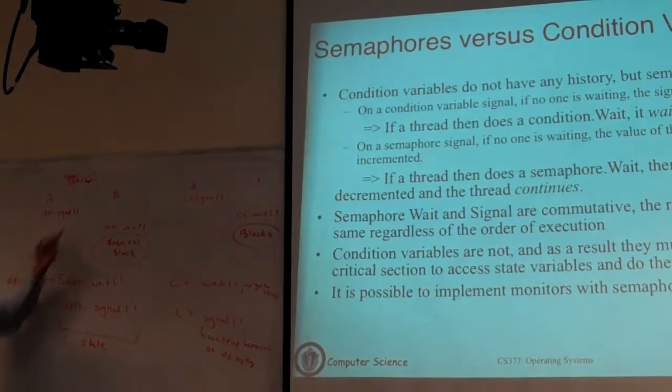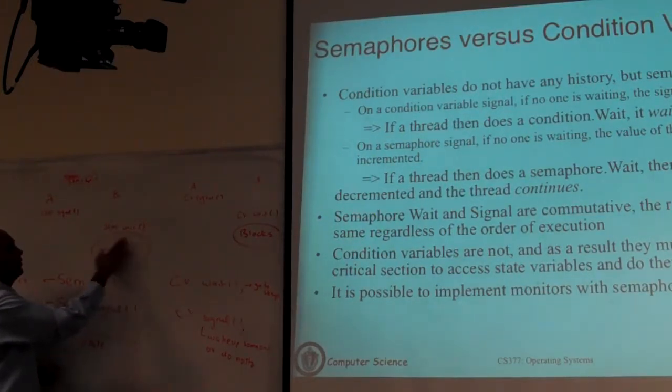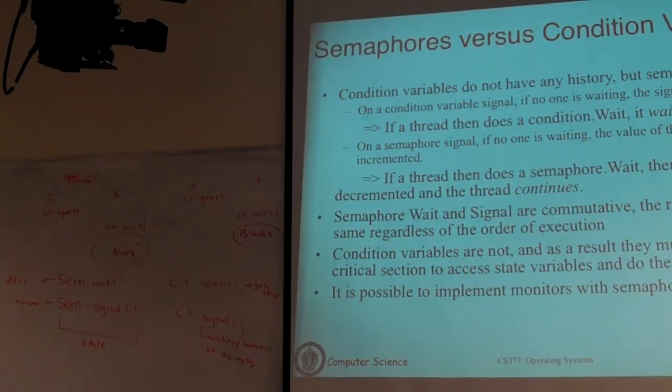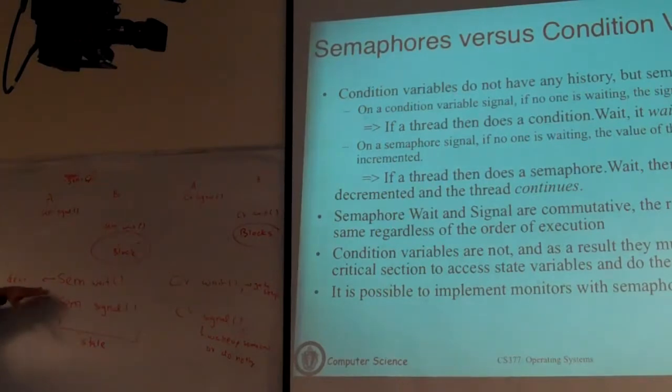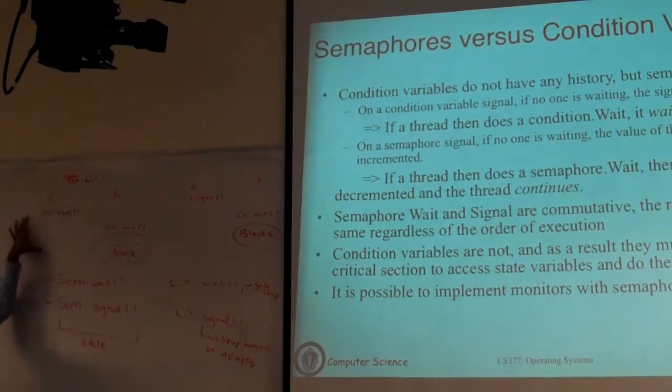You will decrement. The semaphore goes to -1. And we said if the value is negative, you will block. So with the same initialization, if B runs first, B will block. And if A runs subsequently, you will do a signal. Signal will increment and unblock B. That's the definition. You increment, and if some thread is blocked, you wake it up. So if you swap the order, B will sleep, A runs, and then B wakes up.